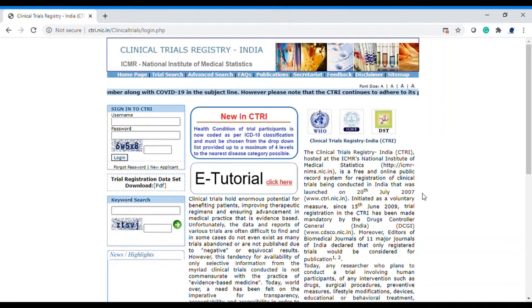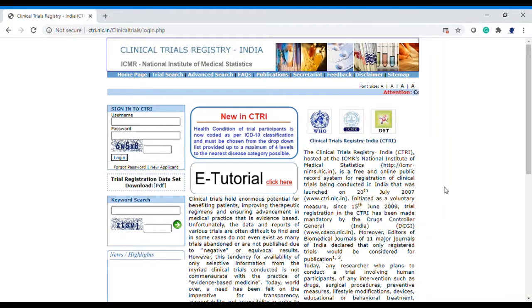Today I am going to show you in detail how you can find any hospital from this registry, and you can have a look at which hospital is nearby in your particular domain area. And if you are looking for a job as a CRC, you should have an idea of which hospitals are conducting clinical trials, and you can track that from here. Now I will show you how you can track all those hospital lists from here.